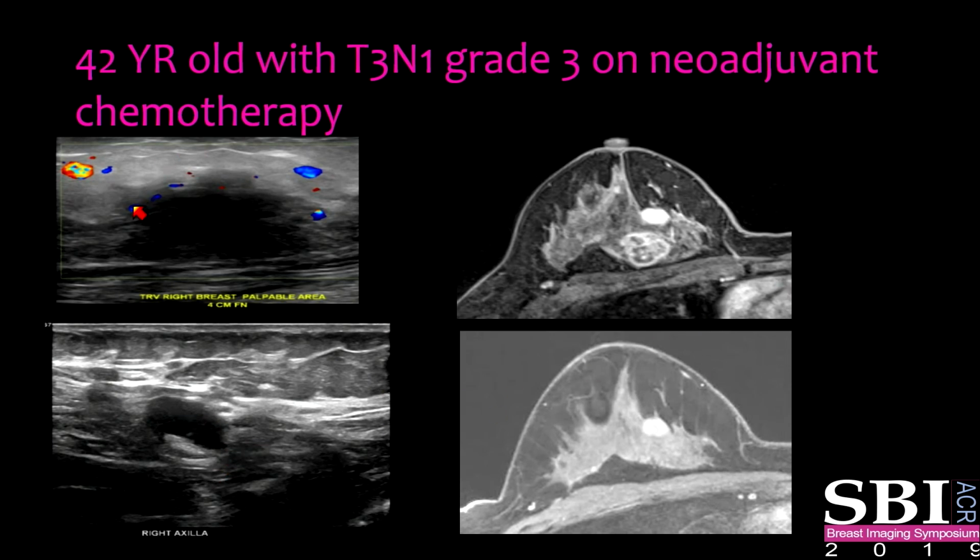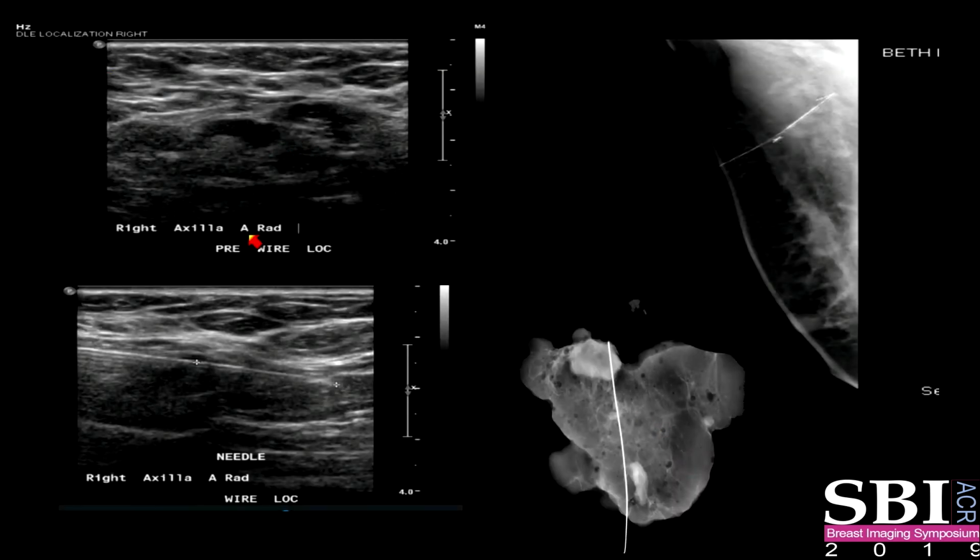Sorry, this patient went on neoadjuvant chemotherapy. So here is the pre-neoadjuvant chemotherapy MRI, and you can see this necrotic mass beautifully resolved after the neoadjuvant chemotherapy. There's an adjacent benign mass here. The patient came for preoperative localization. We identified the marker within that abnormal lymph node and did a wire localization. Here you can see the mammogram after the wire was placed, and then that was excised, seen on the specimen radiograph. And that's the clip, actually, that was removed.